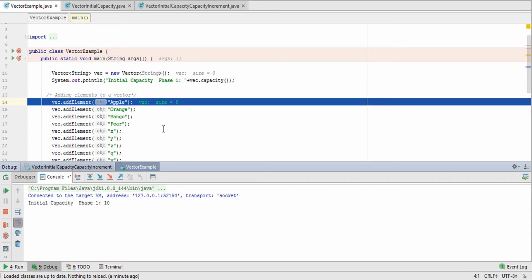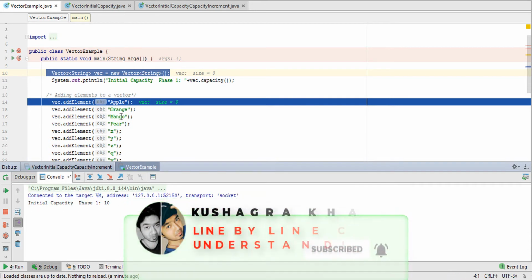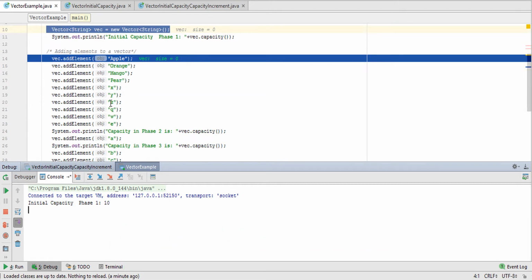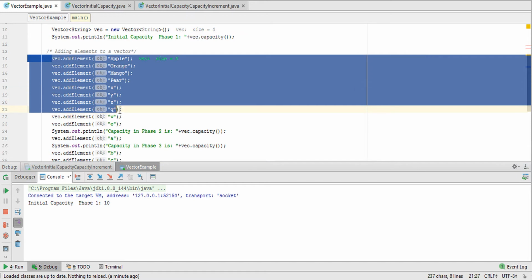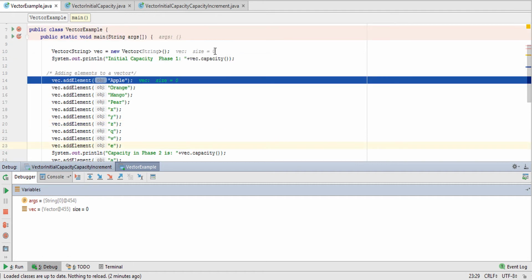Let us see with the help of the computer, it is showing the capacity value 10. You can see that 10 has been printed. The capacity of this vector is 10. As I have already told, for a default vector creation without specifying the capacity, the default value will be 10, and we have seen it in this line. This is the way we add the elements, so let us add each and every value one by one. The size, as you can see, is 0.